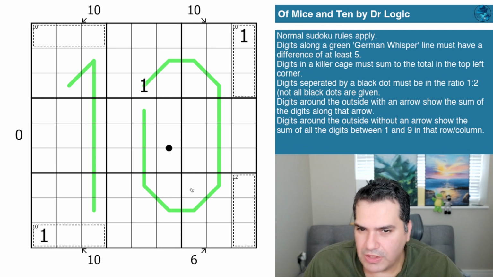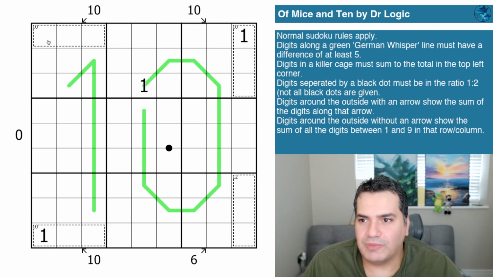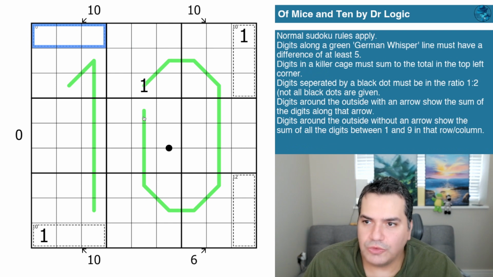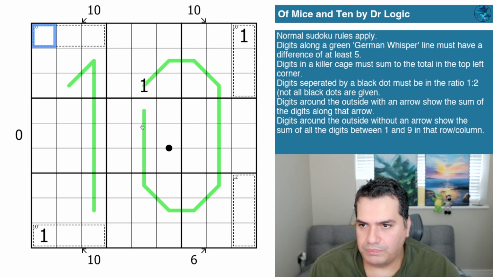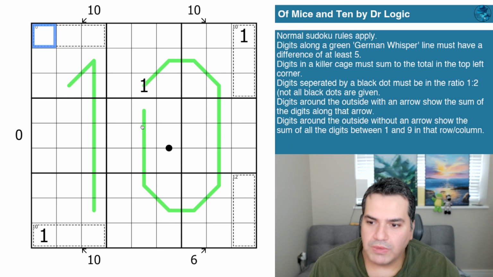So I kind of gave quite a few spoilers, if I'm honest. This 10 cage, I think there is only one way of solving it. Now, I cannot use a 1. And if I don't put a 2, it'll be 3, 4, and 5. We're already at 12, we've broken it. So you have to have a 2 in this 10 cage, meaning these two digits have to add up to